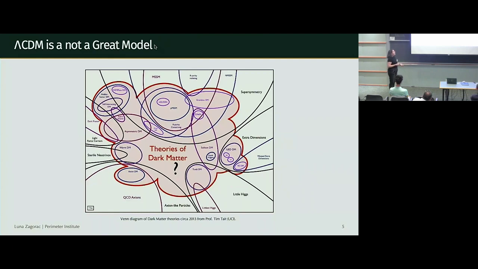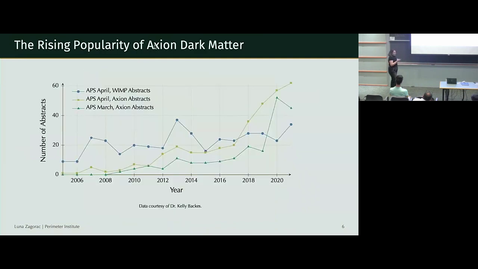And so I love this Venn diagram from Tim Tait because it shows all of the ideas that have been put out there and analyzed and explored to different levels. There's a real diversity of ideas here, but for the purposes of this talk, we will be living in the axion space. And to complement maybe Chanda's talk yesterday, to convince you that axions rule and WIMPs drool, this is the popularity of axion abstracts at the very least at APS meetings that has been going up recently, and that is confirmed by trends in Snowmass and P5 and such.